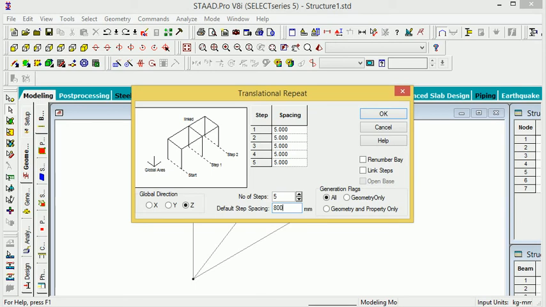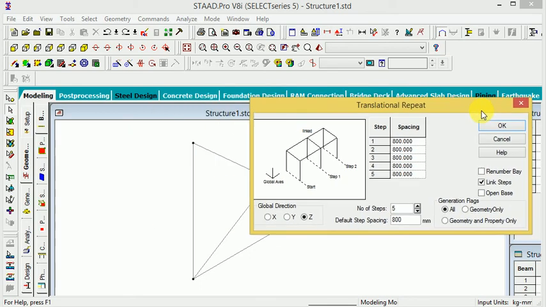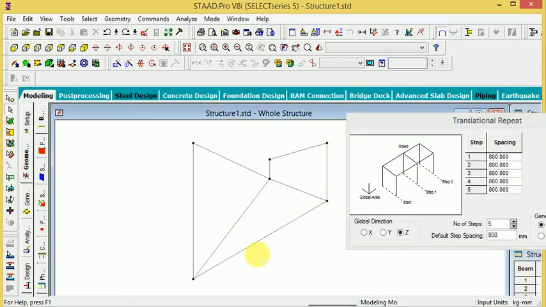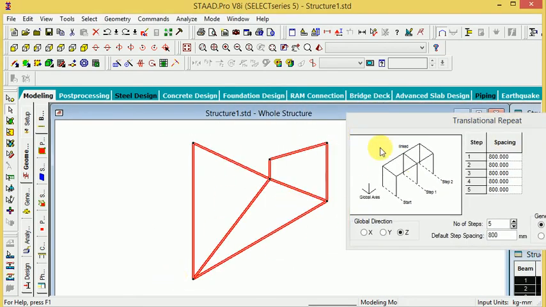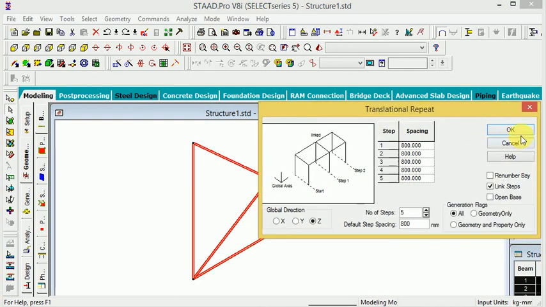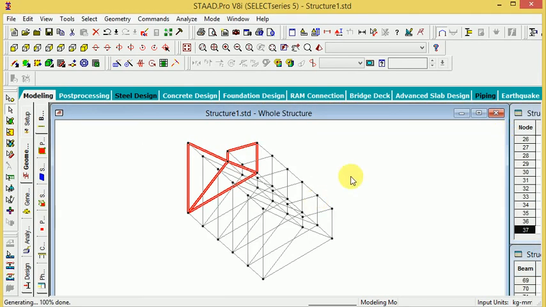If you give 800, I am giving that, and it is very important to remember that here link step, because I want directly link joint, so step link and OK. Before OK, do the selection for all parts. Here selected all parts, then after go to OK.